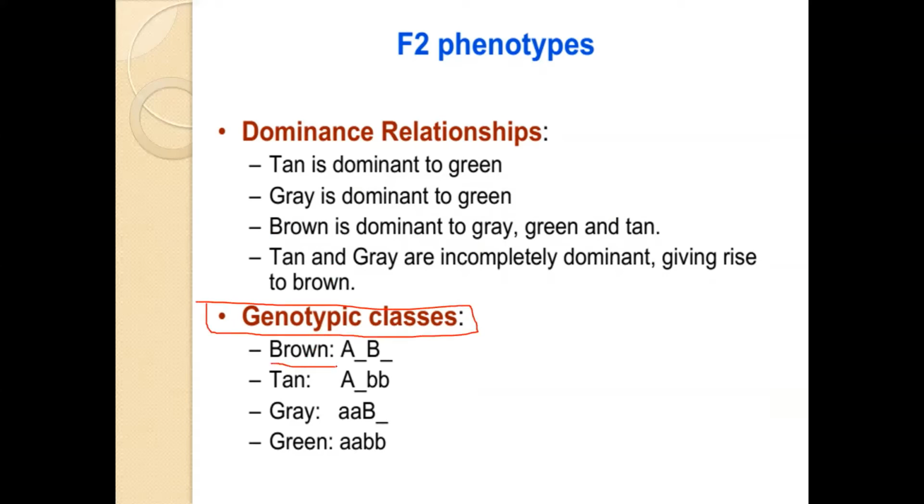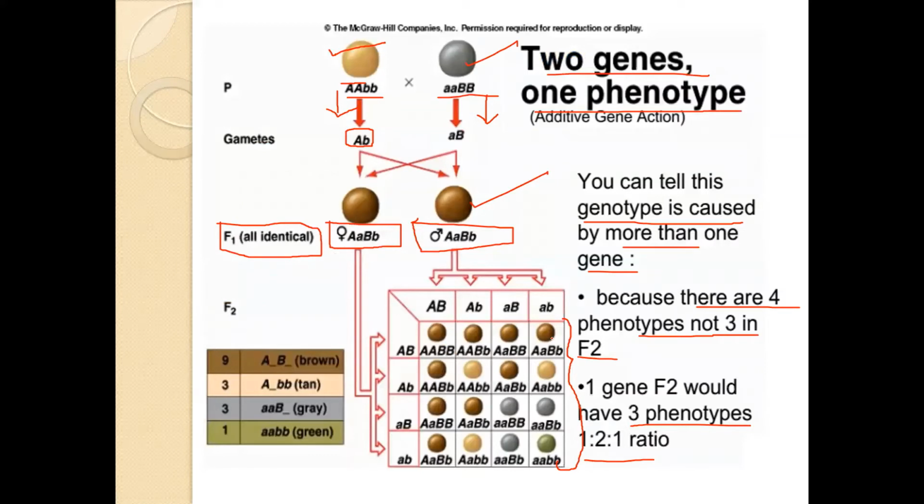We get brown color seed coat. In the case of brown, this section is actually brown seed coat. Each and every seed in this particular panel has A and B both in dominant condition. All these are diploid organisms, so one allele of A and one allele of B must be in its dominant state.